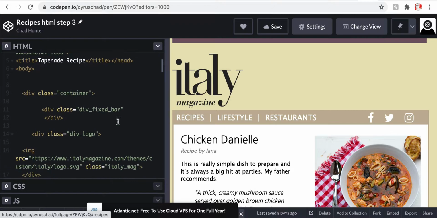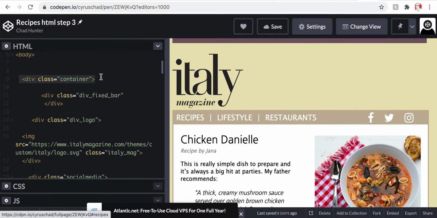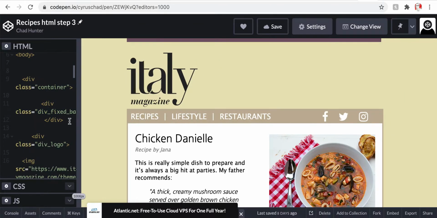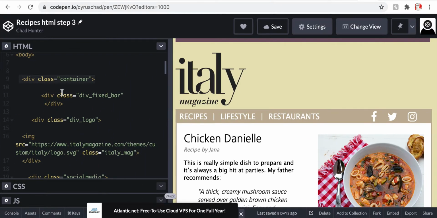well, let me just go down here. So remember, the container is that big container that's 700 pixels wide that keeps all of our material within the 700 pixel width area, right? So it won't go outside of that. This div called div underscore fixed underscore bar is this purple bar at the top that I've